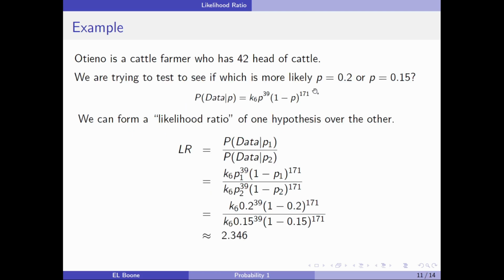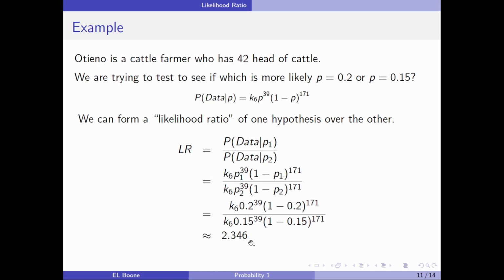Well, right here we have our P1 and P2. P1 is going to be 0.2, and P2 will be equal to 0.15. So I can just plug this into my ratio here. I plug in my formula, and notice K6 is going to cancel itself out because it's the same in both formulas, so that doesn't really matter. So here we plug in 0.2 in the numerator, and we plug in 0.15 in the denominator, and we calculate everything, and then we come up with this number,